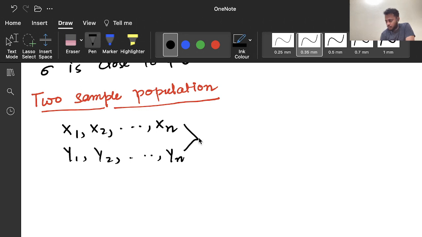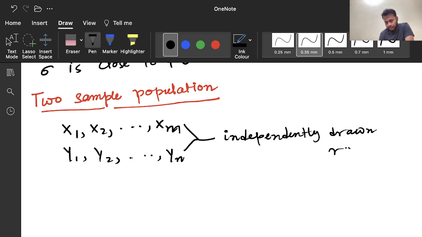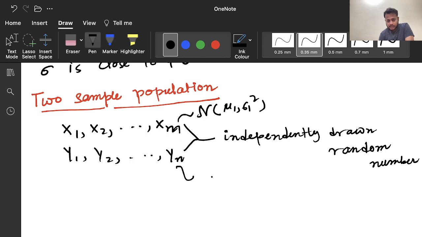Suppose these two are independently drawn random samples. The first sample comes from a normal distribution with mean mu1 and variance sigma 1 square, and the second comes from a normal distribution